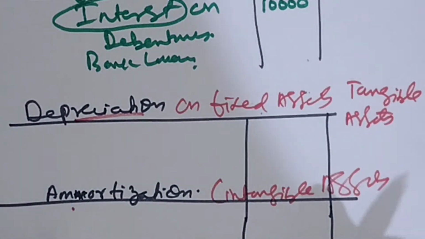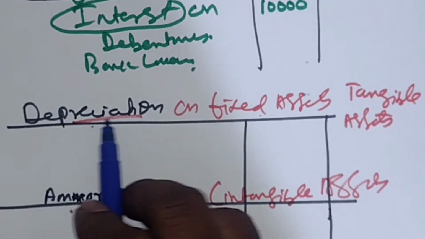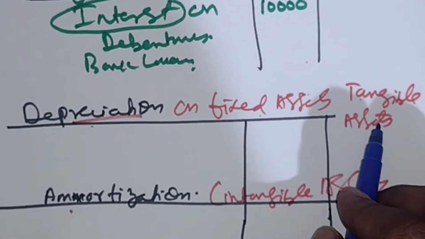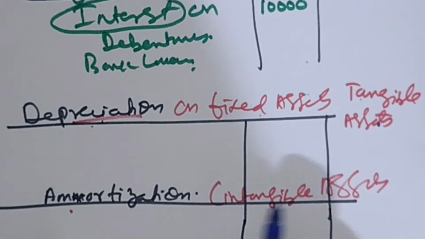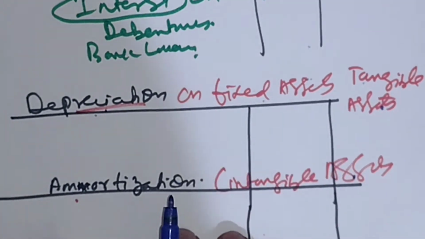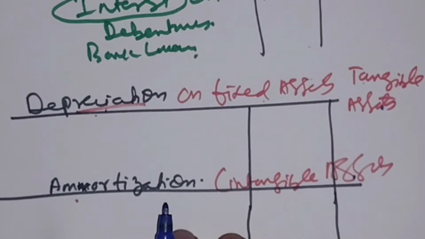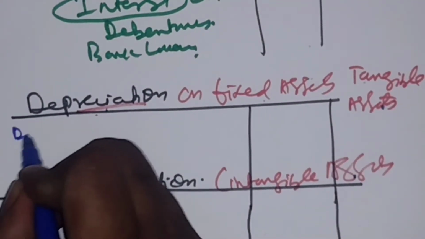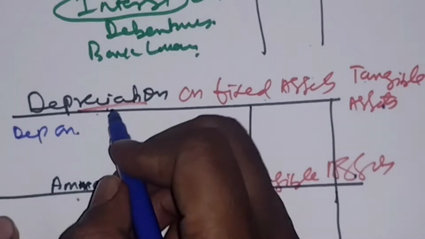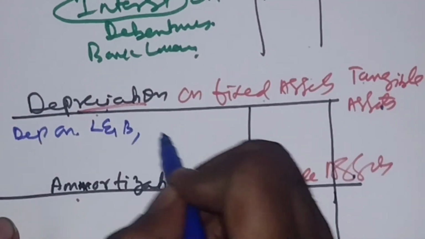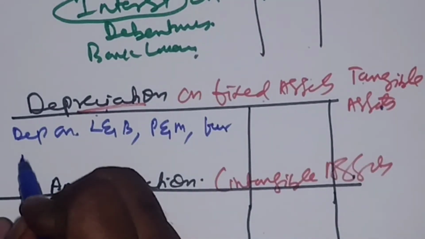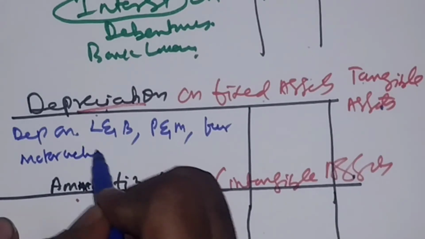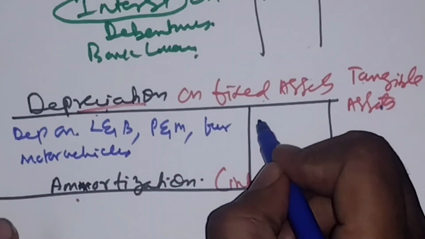Let me repeat once again. When the asset value decreases on the fixed asset, that is on tangible assets, we call it depreciation. And when the asset value decreases on intangible assets, we call it amortization. For example, depreciation on land and building, plant and machinery, furniture, motor vehicles, all put together, let us assume